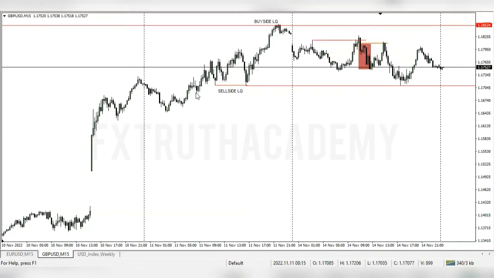So you see it had a difficult time going out of this whole range. That's from this particular high to this particular low right here, because this is what a daily range also is. So you want to take into account a daily range properly, because price can actually change directions or continue trend direction or keep price in that particular range for a longer period